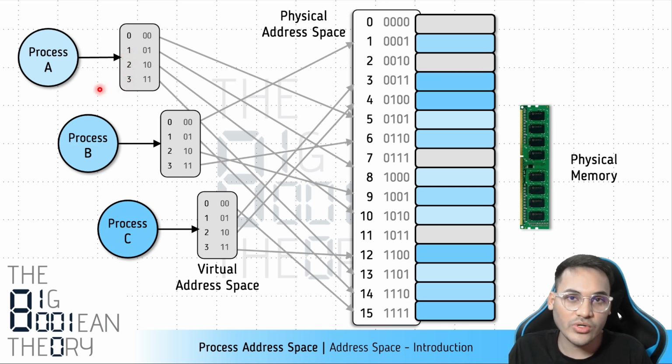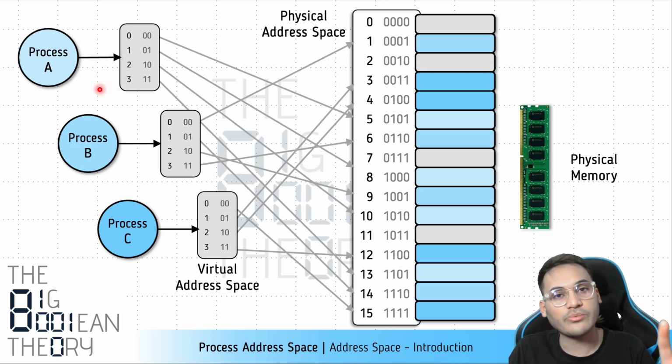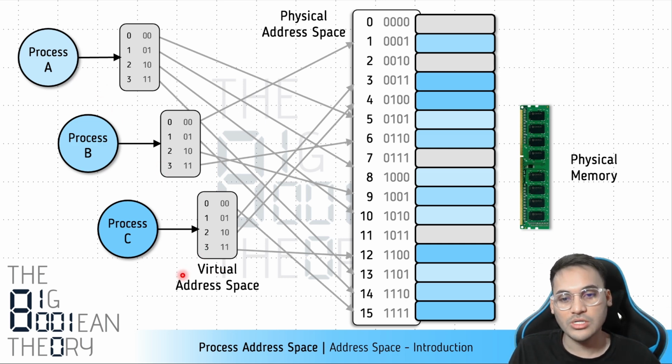Basically, in this computer system, any process can have at max 4 bytes of data, just an assumption. So every process will have at max 4 bytes. And in order to access this, they will use the addresses in the virtual address space. Now what the operating system does is that after forbidding the processes to access the physical address space, it provides the virtual address spaces and maps the data which is present in the physical memory to these